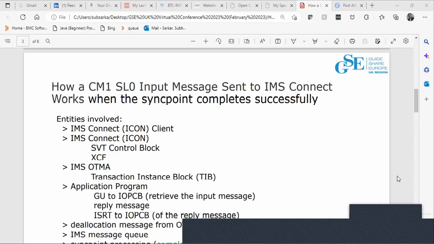So the first step is an IMS Connect client sends a CM1 SL0 input message to IMS Connect. So that's where the process starts, right? And then IMS Connect will allocate a control block, which is called the SVT control block, for the client, if the control block does not already exist. And then IMS Connect will send the input message to IMS OTMA via XCF, the cross-coupling facility. The transaction pipe, or the T-pipe name, would be the port number that receives the input